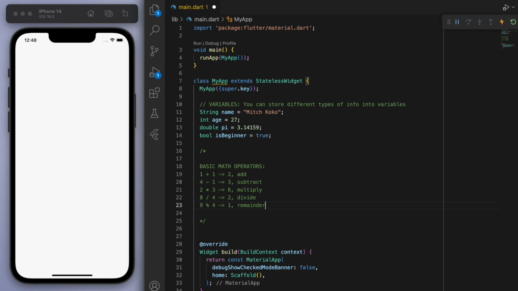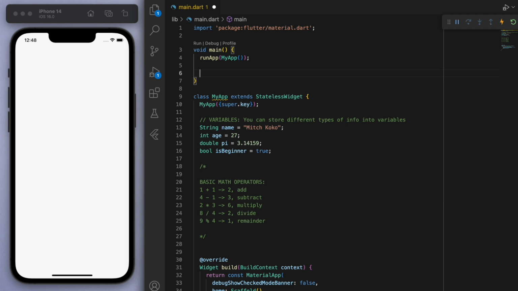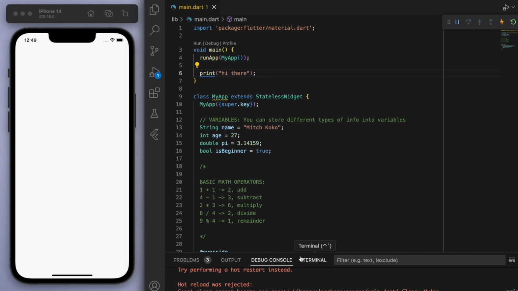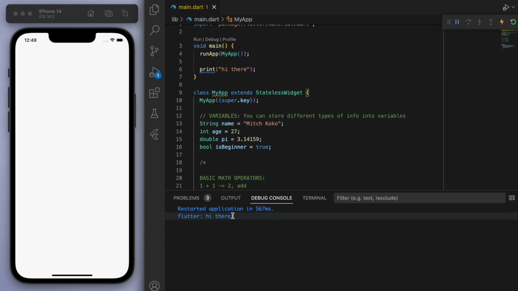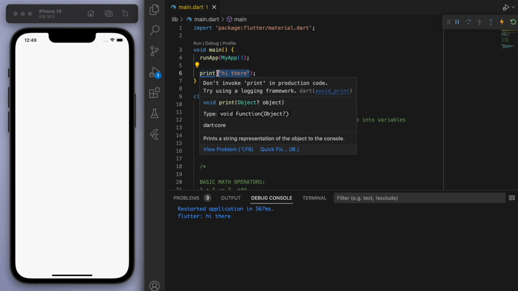Cool. So by the way, if you want to test any of this out, I told you everything starts off at the main function. So we could just go and do a quick print here. Say for example, let's print hi there. And if you bring up your console and you restart this, you can see it'll just print in our console hi there. So if I just play around with some of these numbers, we could say 1 plus 5